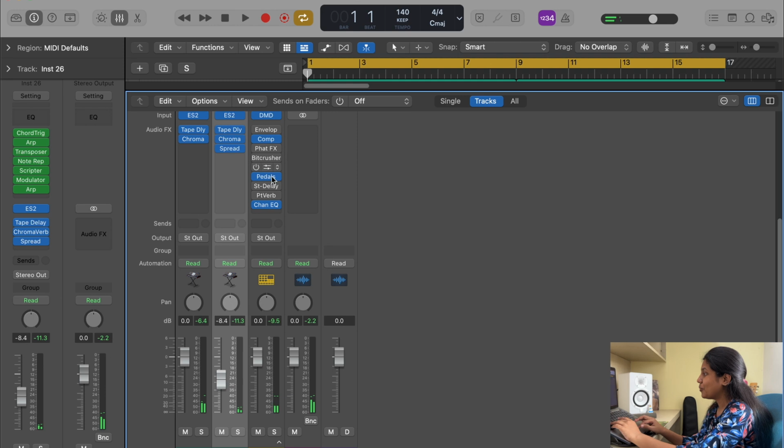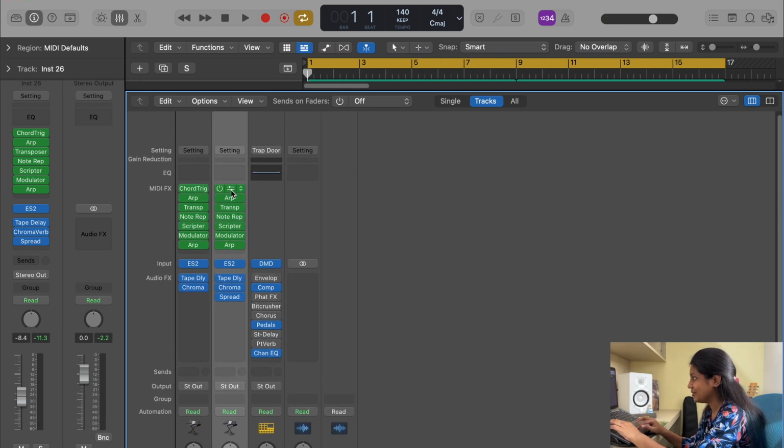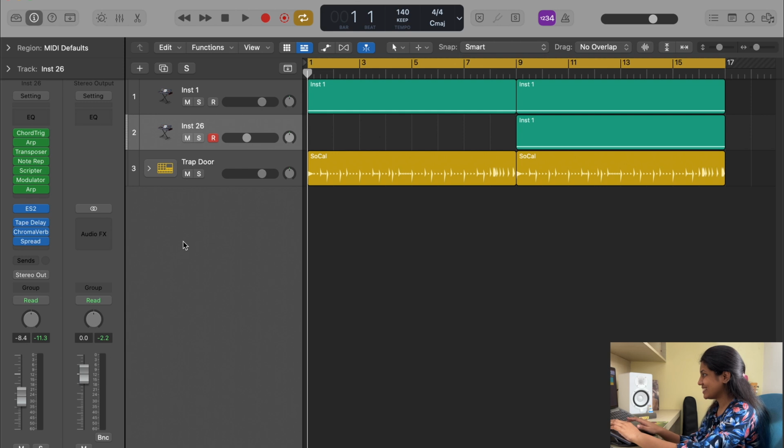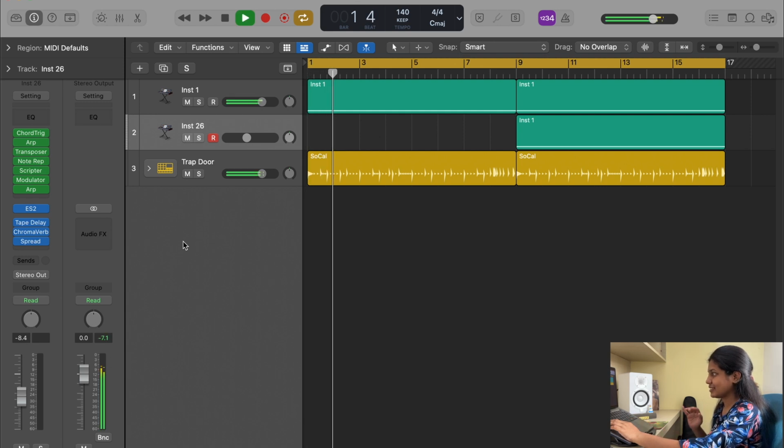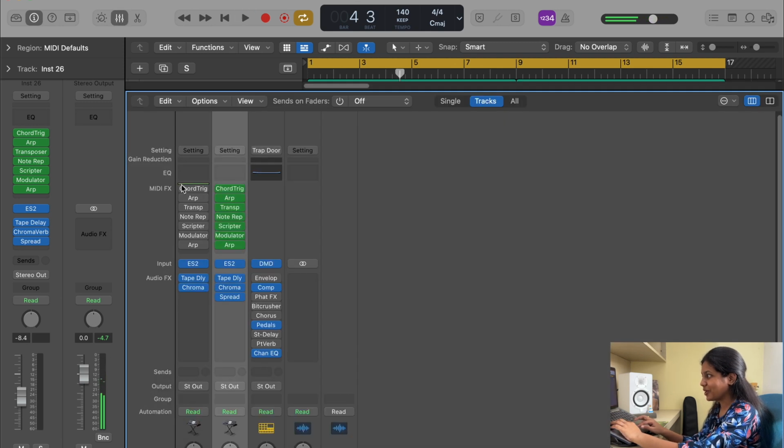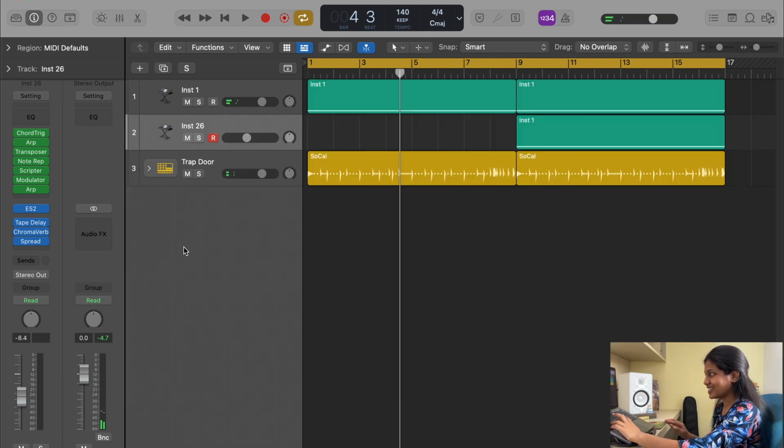This is what we initially had without any of these MIDI effects. And it sounds super annoying, but with all of these effects,